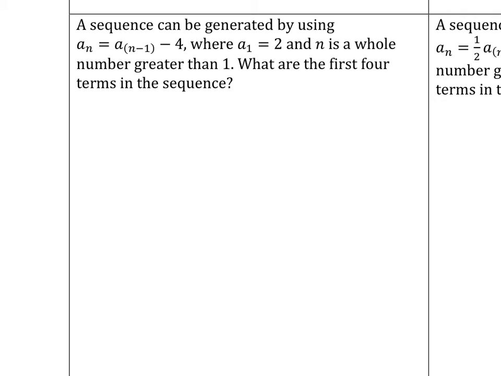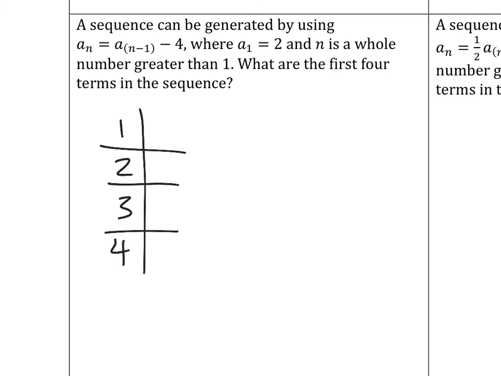I want the first 4 terms in the sequence, so I'm going to make a table with 1, 2, 3, and 4, the first 4. If it asked you first 5, you'd put a 5th row. And if it asked you the first 7, you put 7 rows. Now, if we look at this pattern, what is the pattern telling me to do for